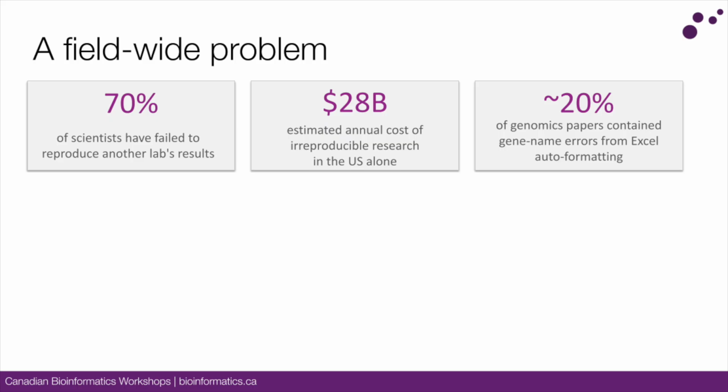There were a couple of surveys. The references are at the end of the slide, but they showed that 70% of scientists fail to reproduce lab results. So even though you publish a paper, put in all the methods, put in all the datasets, and point to Zenodo or whatever, it's still really hard to reproduce existing results. That isn't cheap. When we do research, reagents cost money, data costs money, storage costs money, everything costs money. A paper in 2015 estimated that not being able to reuse and reproduce data cost 28 billion in the US alone. If we could save that money, that would be nice for future research.